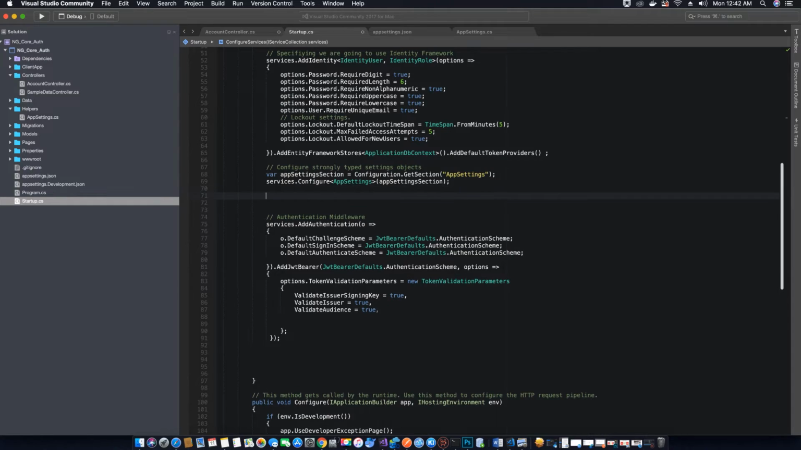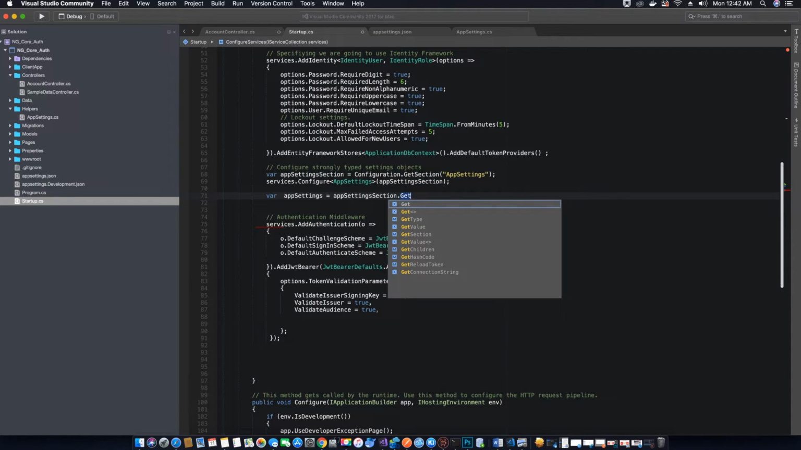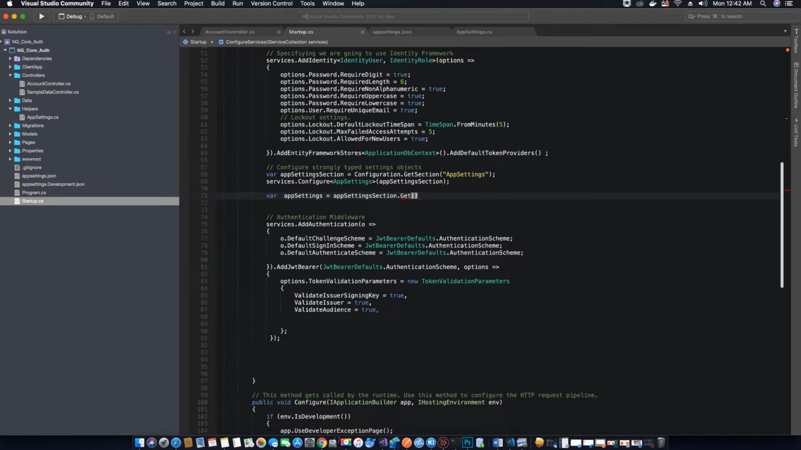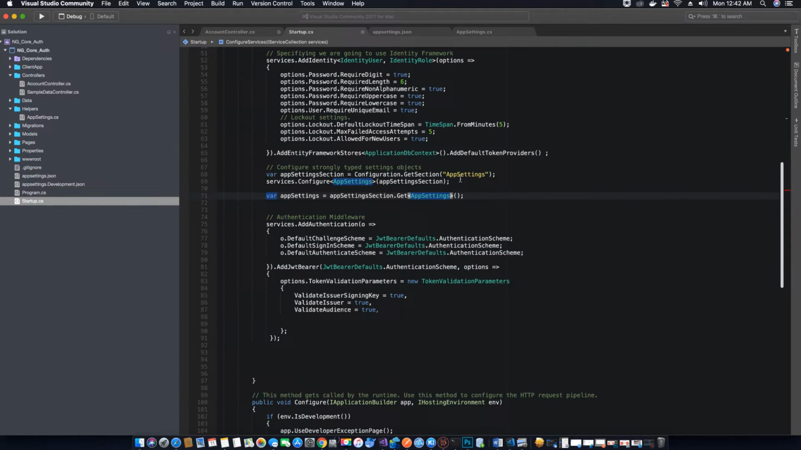and now what we need to do is we need a variable that will hold the values. It will go and get the values from this app settings class. So to do that, we will create a variable and call it appSettings, and it is equal to appSettingsSection, and then we will call the Get method, and here we need to specify Get which class values. So I'm going to say AppSettings, and now this appSettings variable will hold all the values like the sign in key, your secret, and so